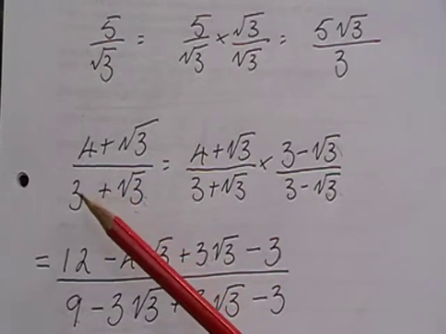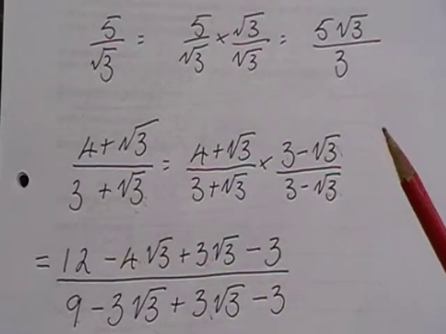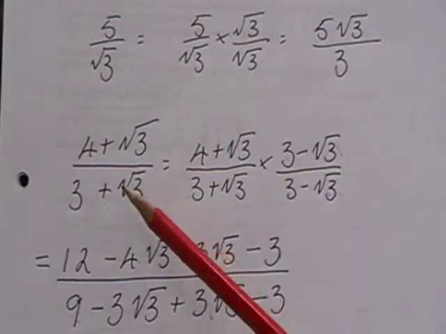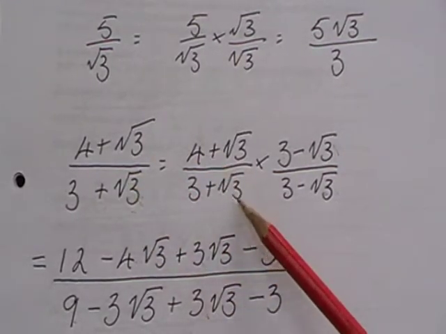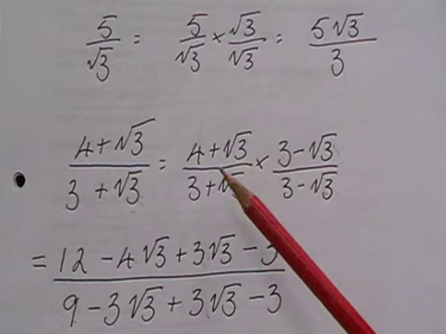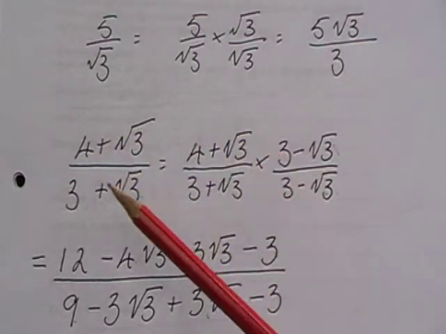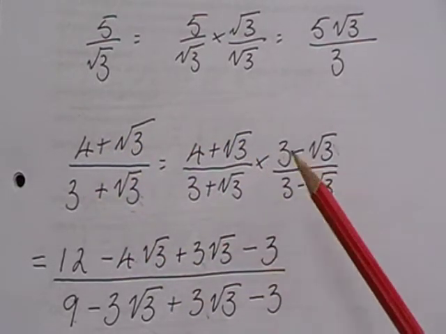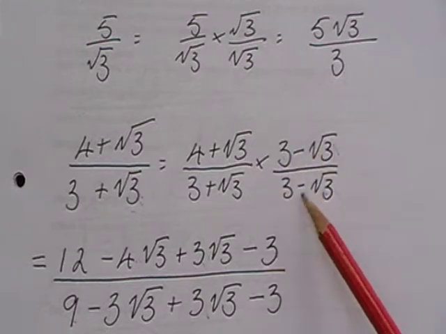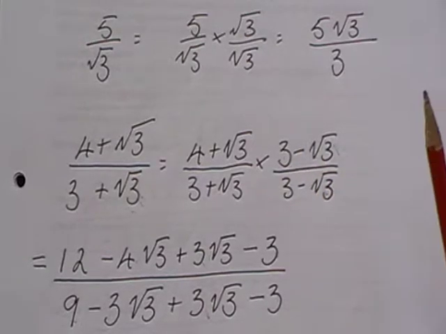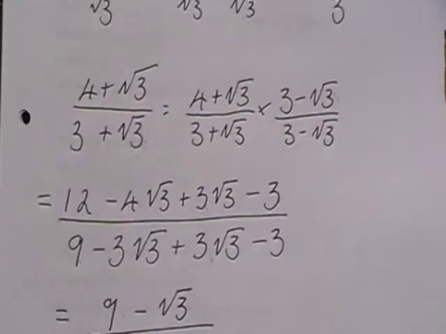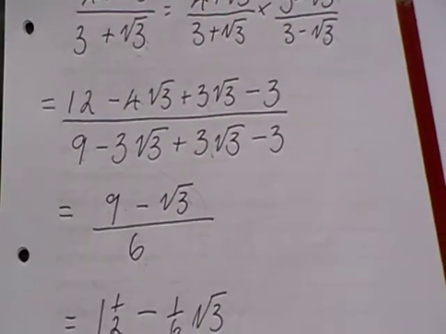Because we know that if we times 3 plus root 3 by 3 minus root 3, we're going to resolve that there, which is what I've written down as the stage here. So we have 4 plus root 3 over 3 plus root 3, times, as I said, 3 minus root 3 over 3 minus root 3. And the working for that, as we times it through, we have